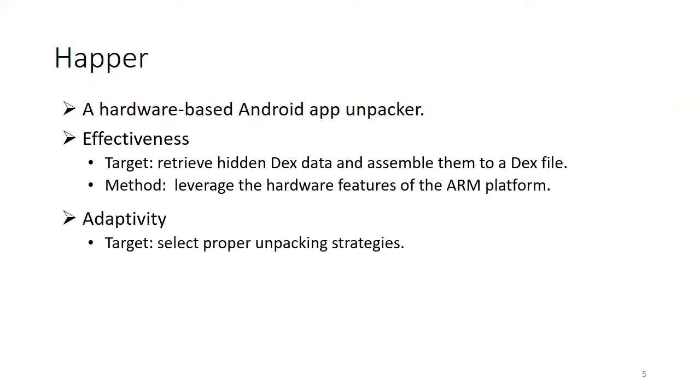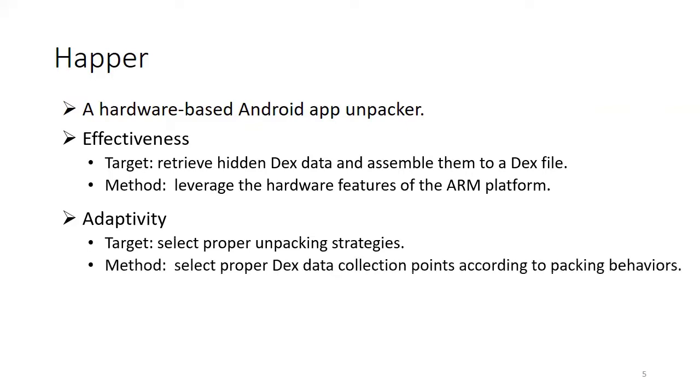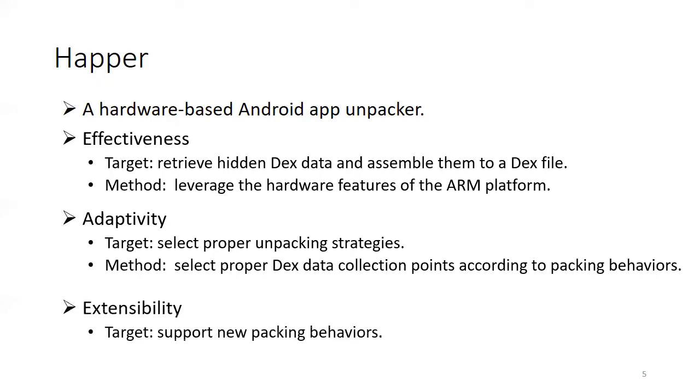In addition, Happer can adaptively select proper unpacking strategies rather than using fixed unpacking patterns. Precisely, Happer selects the proper DEX data collection points to collect the related hidden bytecode according to the observed packing behaviors. Moreover, Happer can extensively cover new packing behaviors. Specifically, we design a domain-specific language for analysts so that they can easily specify new packing behaviors to be tracked